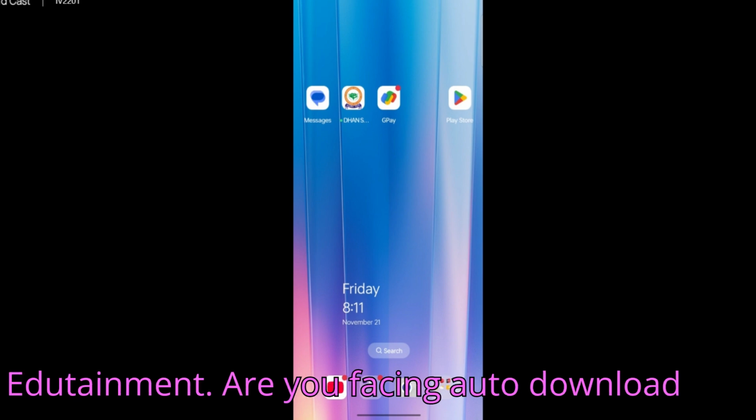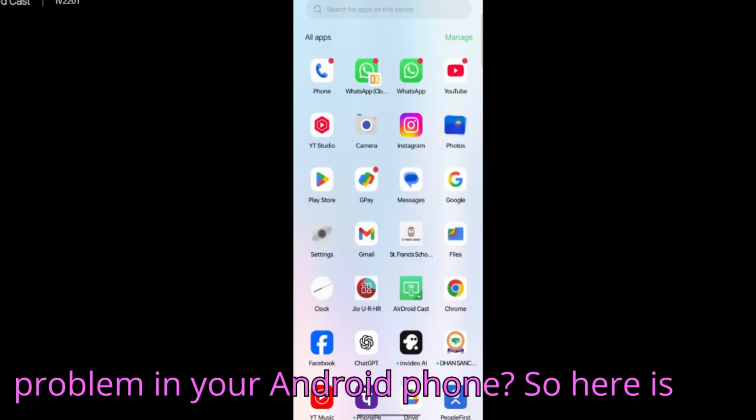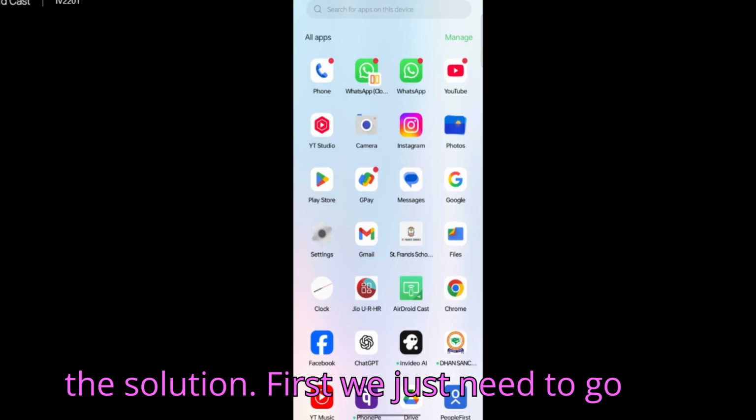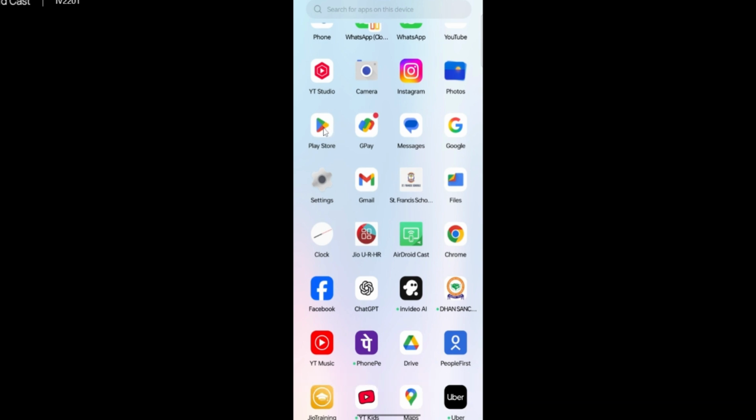Are you facing auto download problem in your Android phone? So here is the solution. First, we just need to go to Play Store option. So tap on it, tap on Play Store,